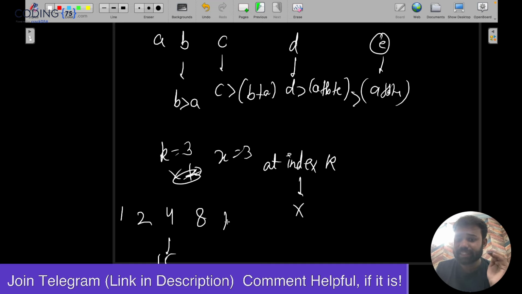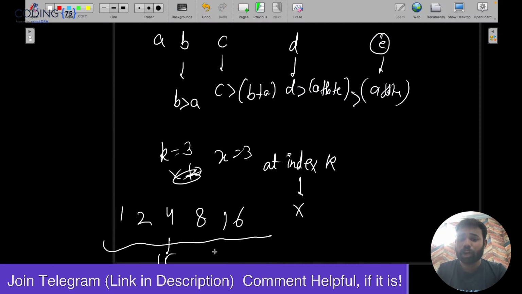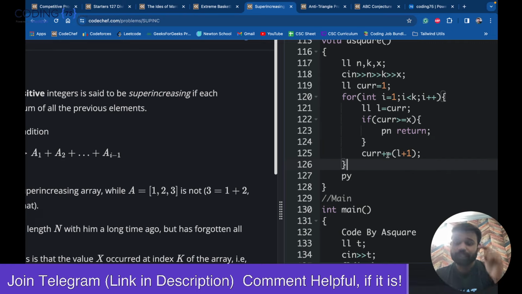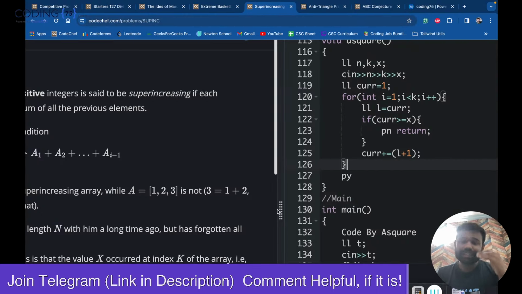At least 16, meaning L plus 1. And then this L plus 1 we add to the current, so that we get the sum till now, which is 31, which will be used in the next step. In the next step the value should be more than 31, meaning at least 32. This is how we are going.